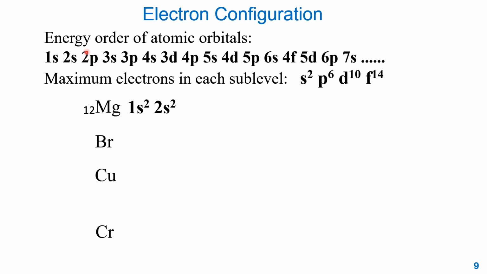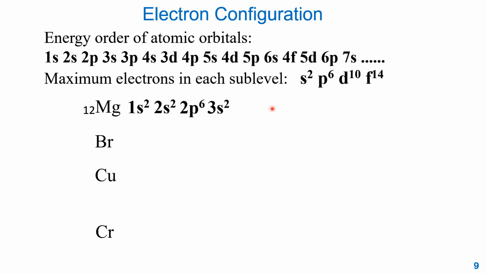So that will go to 2p, right? This is the order. You have to go to 1s first, and then 2s, then 2p. 2p could have up to 6 electrons. And now we used 10 electrons. We still have 2 left. So that must go to 3s, because now 2p is already maximum. 3s2, that's it. Because s could have 2 electrons, now all electrons go to the corresponding atomic orbitals or